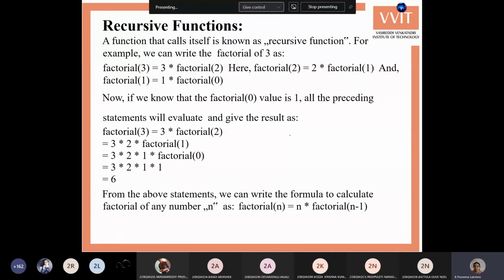Whenever you call a function, for example the sum function, you call it from outside the function.